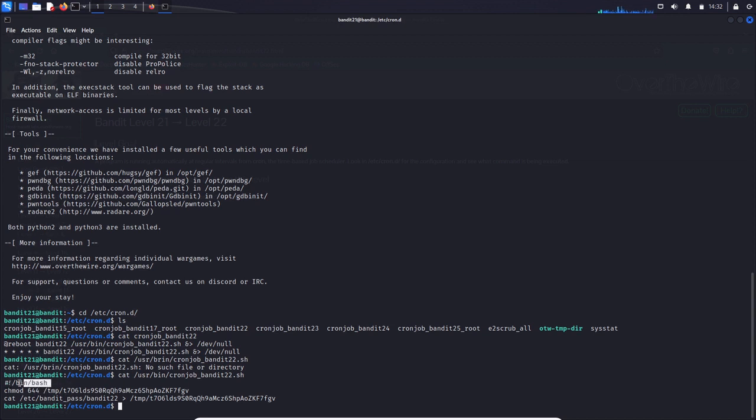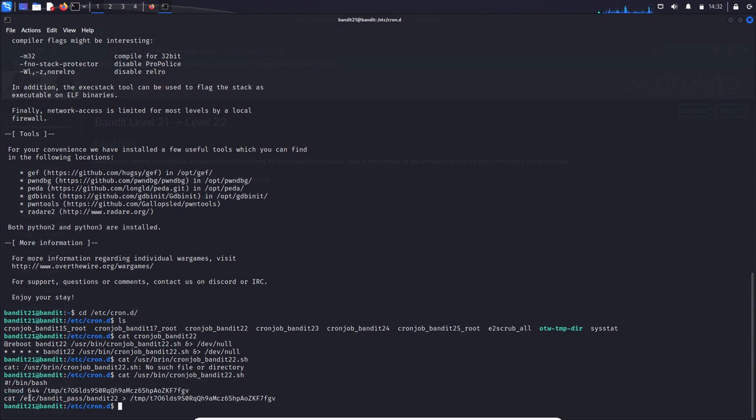But when you see the first line over here, it's specifying that the file is a bash script, right? So the first command starts here. This is the first command, and it's saying chmod 644 temp, and then this thing over here. So it's giving permissions, specifically 644 permissions, to the file that's in this temp directory, right? So the file name is this,